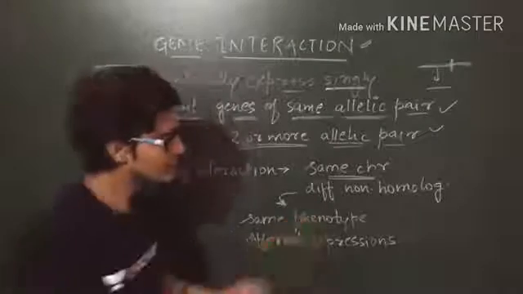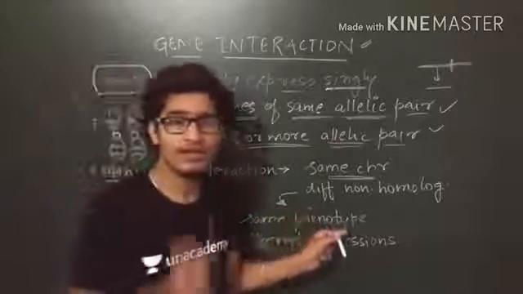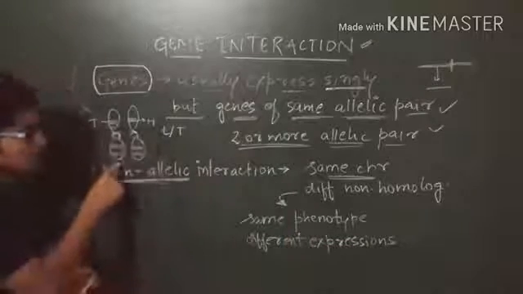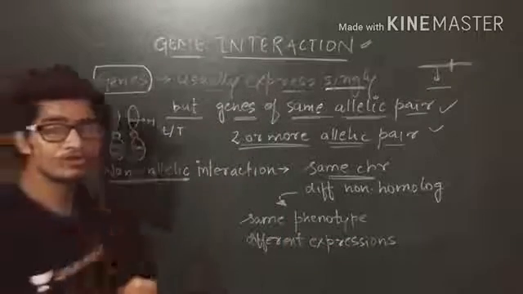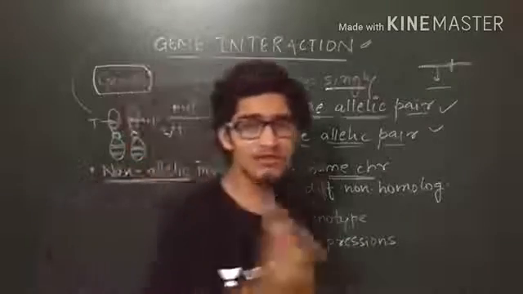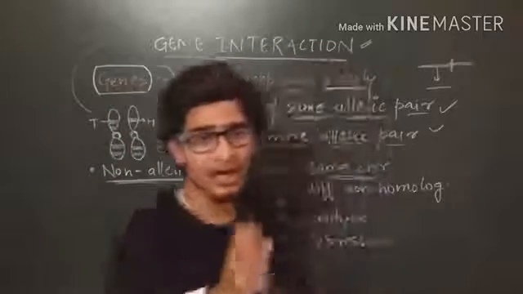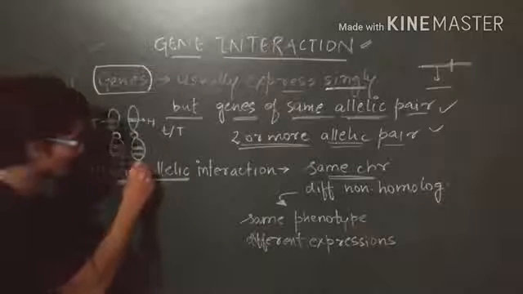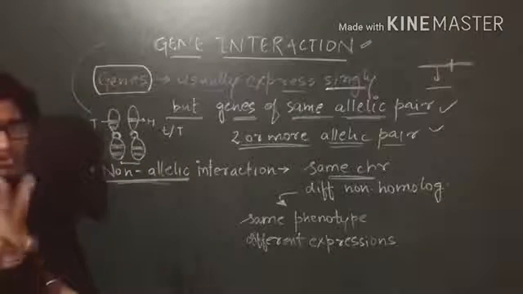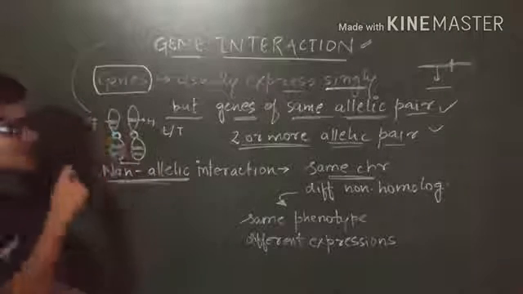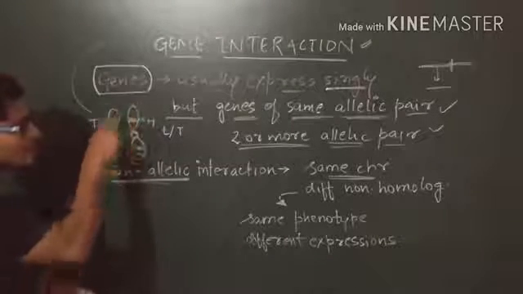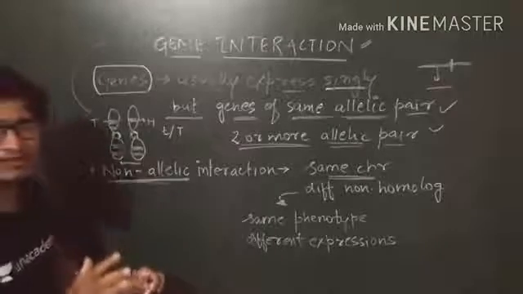And the second case is in which they are present on different chromosomes. For example, let's say this is the chromosome and this is the chromosome. So the genes that are influencing the phenotype are present on different locus. Because here we are talking about two chromosomes, so we can talk about two locus. But when we talk about the single chromosome, there cannot be two locuses, right? एक यहाँ पे होगा, एक यहाँ पे होगा. तो वहां पर हम वो वाली बात नहीं कर सकते.